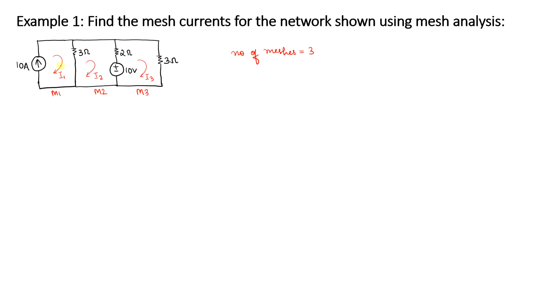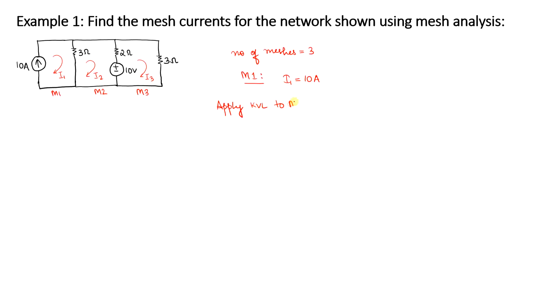So when you consider the mesh 1, for the mesh 1 you directly can determine what is the value of current I1. So I1 is equal to 10 amps. Now next, what about the other meshes? You need to apply KVL to them. So apply KVL